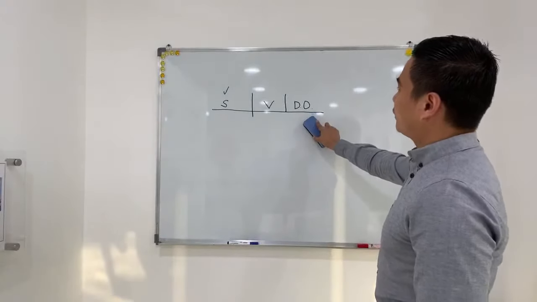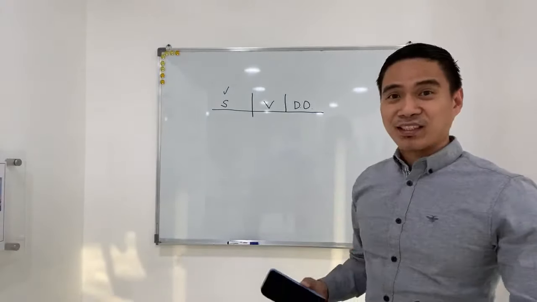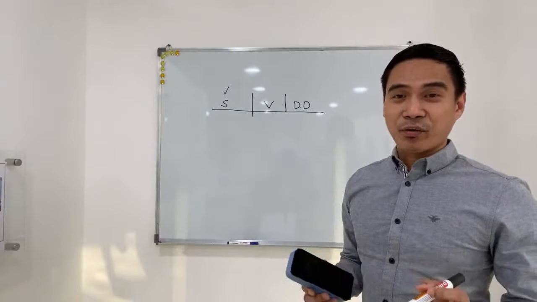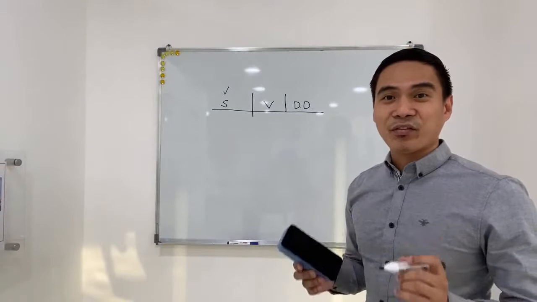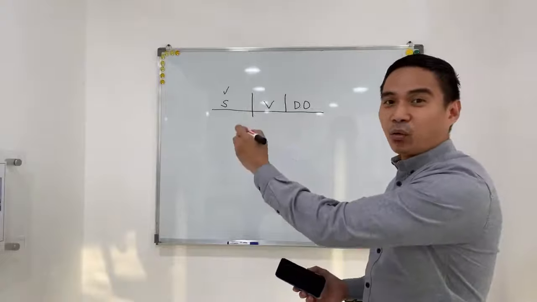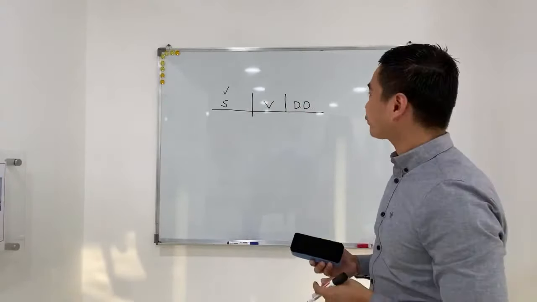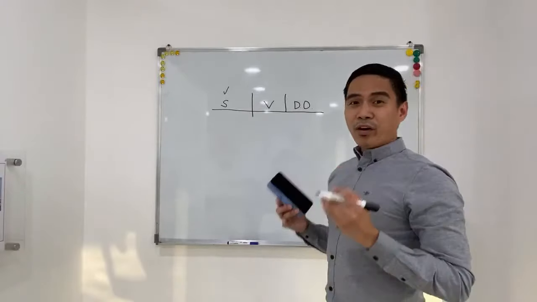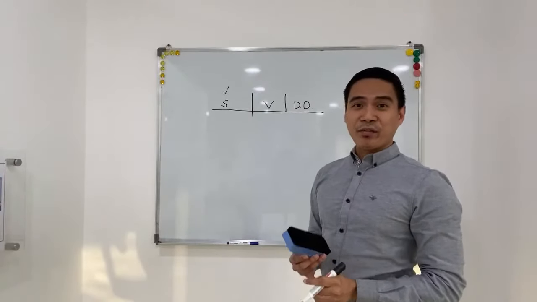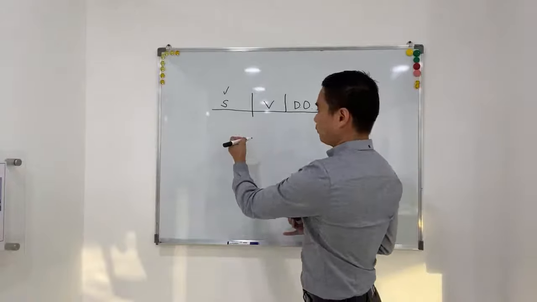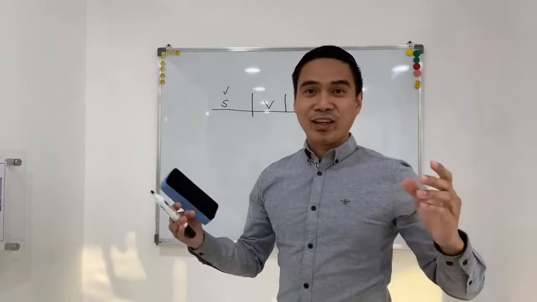Direct object: if our verb is a transitive verb, particularly a transitive active verb, it requires a receiver of the action. Now, if our verb happens to be a linking verb,